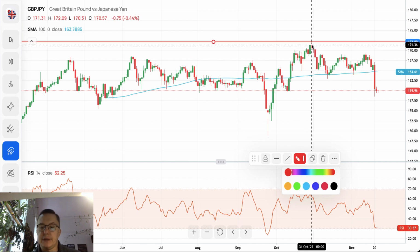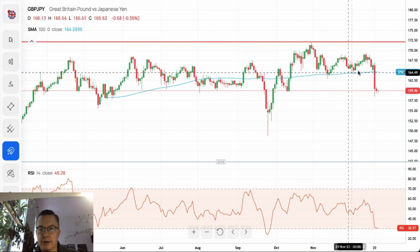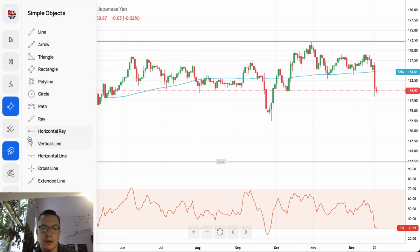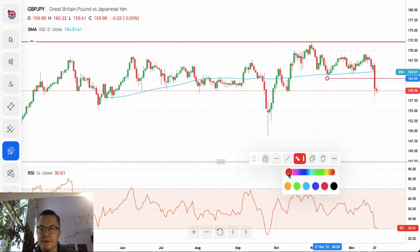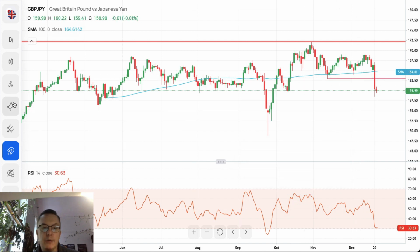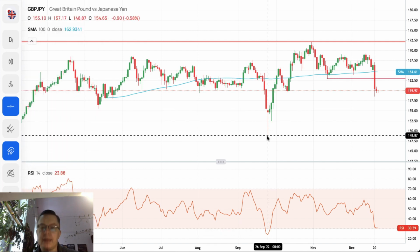This is the high from the end of October. Correction, horizontal trend, and then extension to the downside. The local technical resistance is located at this low from the 11th of November. This is the technical resistance, 163.04. Where we are heading, it looks like we want to test this low, the low from the end of